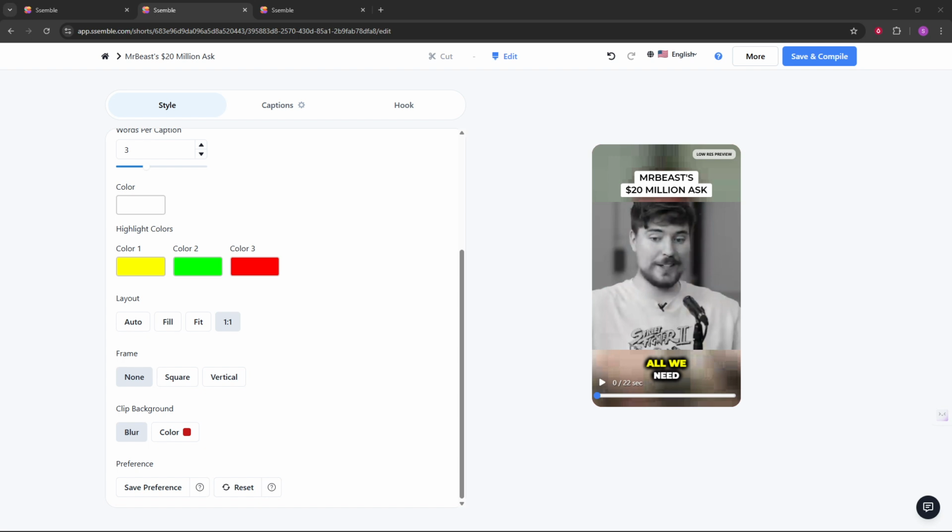That's it. Log in, open your clip, click Edit, go to Style, and choose Auto, Fill, Fit, or 1:1 under Layout. With these choices, you can quickly match your video to any destination and keep your content